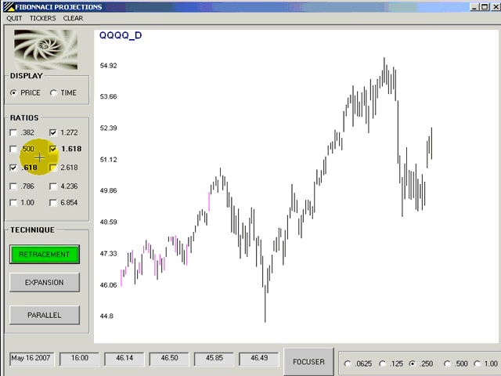The basic rule of operation for the training software is that you left-click a high and right-click a low. That way the software knows which calculations to do. The first item we'll cover is a retracement